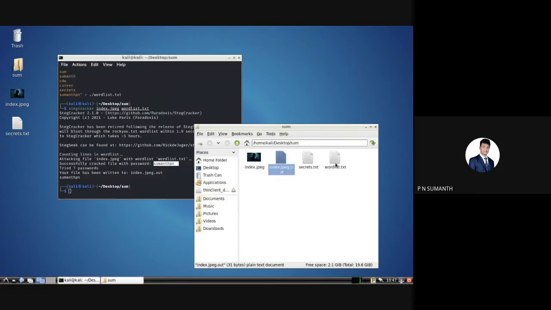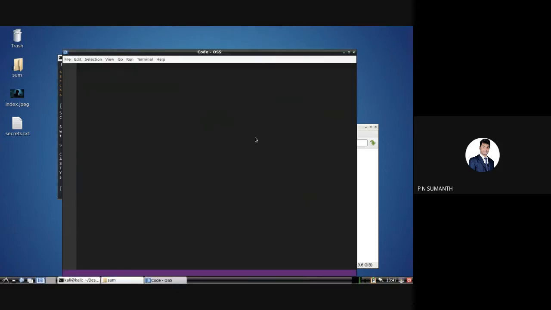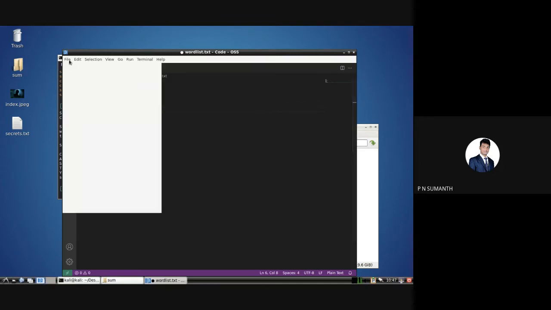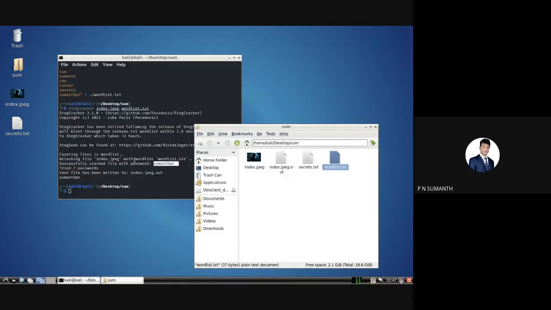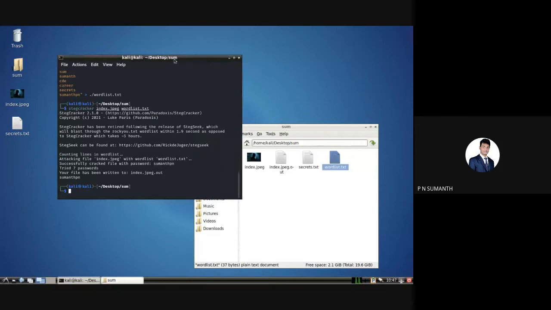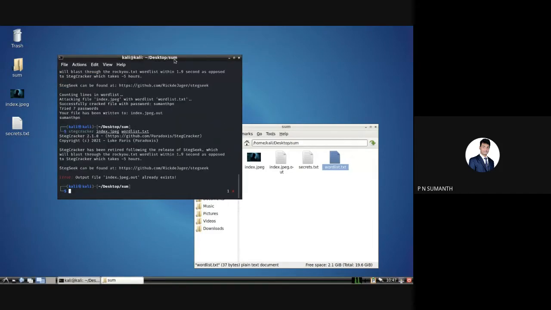Now, for example, I will remove the particular password. In the file, I'll change Suman PN; I'll not add Suman PN. I'll save this and exit. Now I'll run the same command. We'll see what happens, whether it tries to crack it or not. See, it tries all the combinations one by one, and finally it checks which text matches, and it finds that no text matches. Sorry, I will just delete this file.